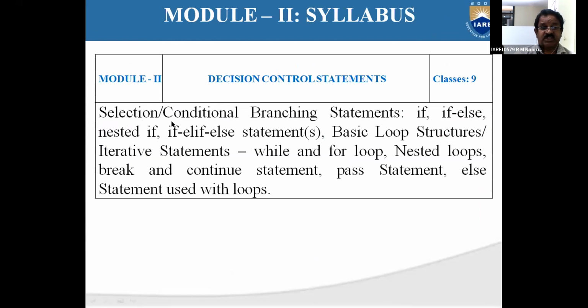Unit 2 consists of selection and conditional branching statements: if else, nested if else statements, then basic loop structures or iterative statements, within that while and for loop, nested loops, break and continue statements, pass statements. Now the next one is the else statement used within loops,